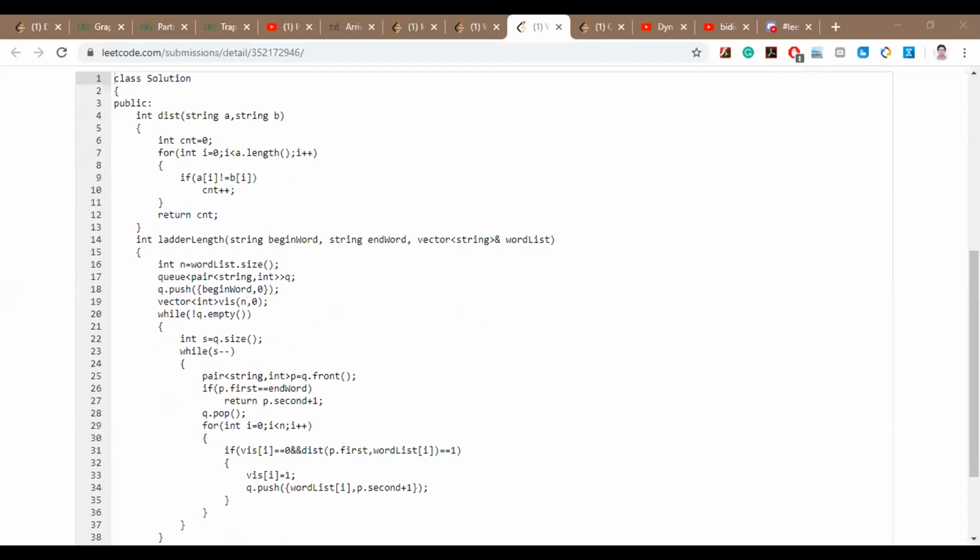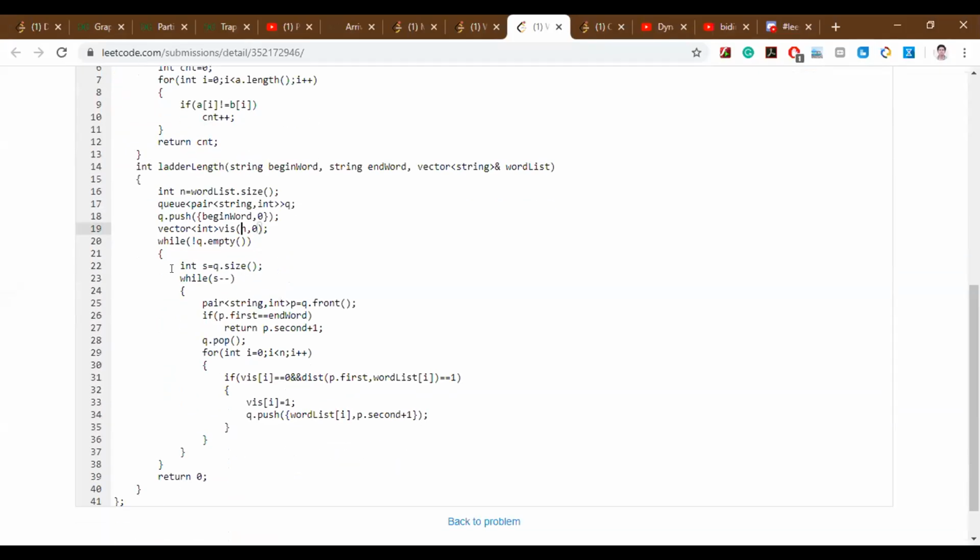So here I took this queue of pair, string, and integer, and I pushed the begin word with 0 distance. It should not repeat, so I took the visited array also. When I iterated, it did this normal BFS, this is the size, and I iterated to this, taken the front element, and if I found the end word, then I return the distance up to which I traveled, and pop this element, and then if visit I is equal to 0, and distance